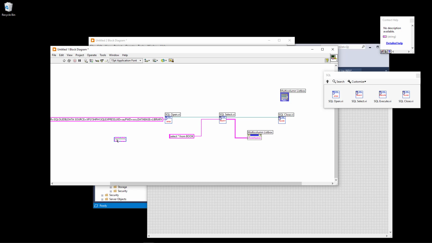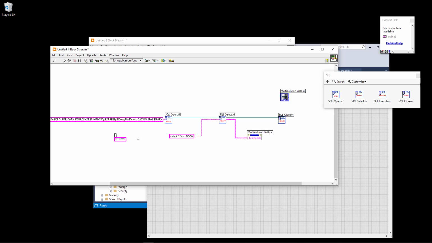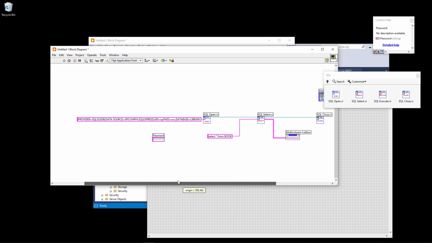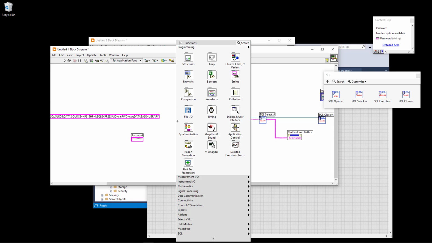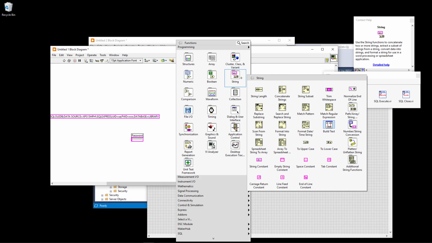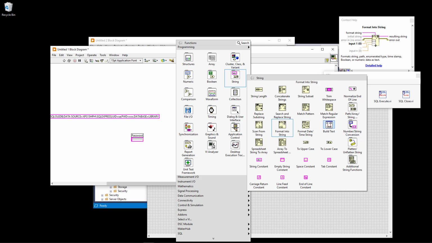So this means that you don't see your password in clear text. Then you can use a label like this, password, and in addition I just remove this one, and then you can use one of the built-in functions here under this string palette. You can use this Format Into String